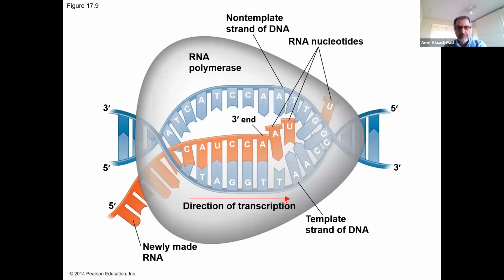Okay, so pretty much here I talked about everything. Make sure you understand and you know the matching. This is the DNA is T, the RNA is A, DNA is A, the RNA is U, the DNA is G, the RNA is C. Make sure you know that. Okay, so